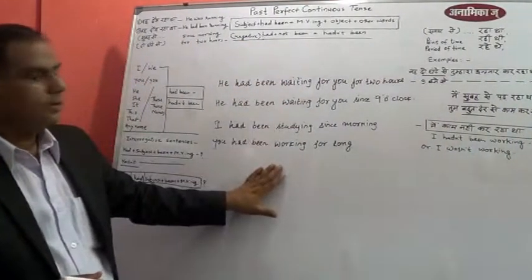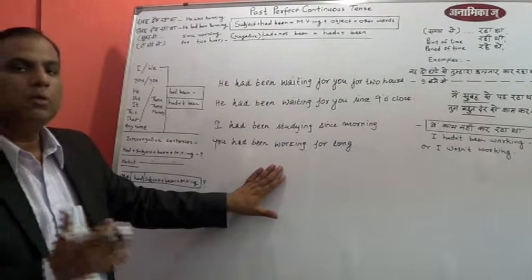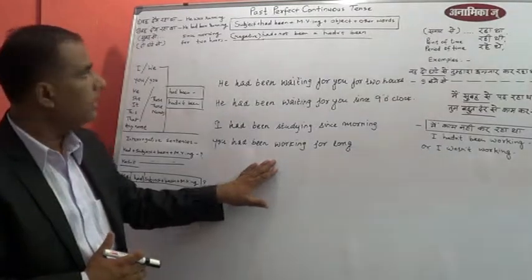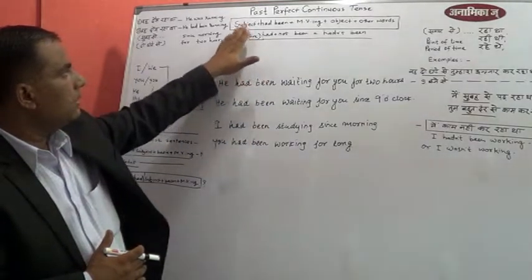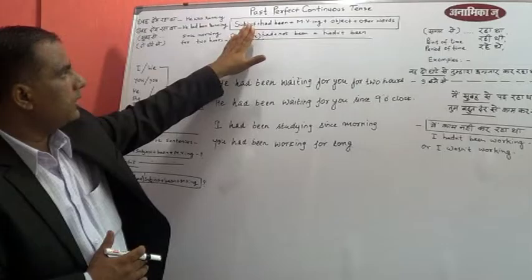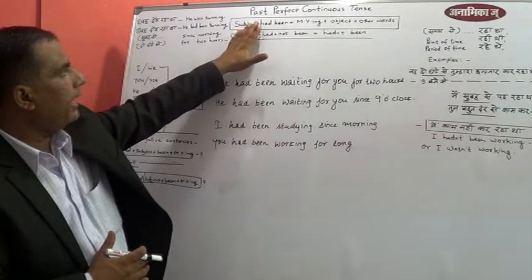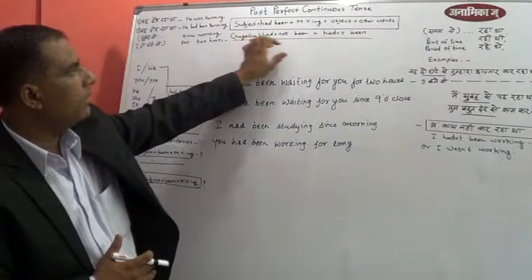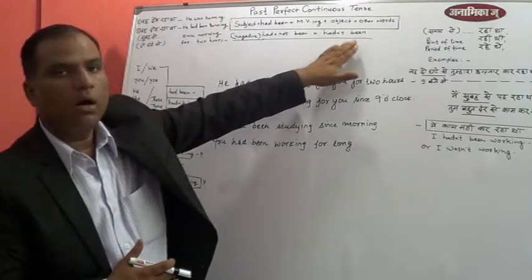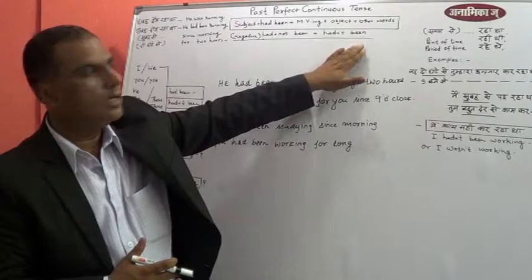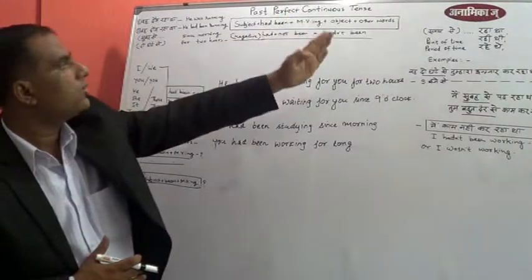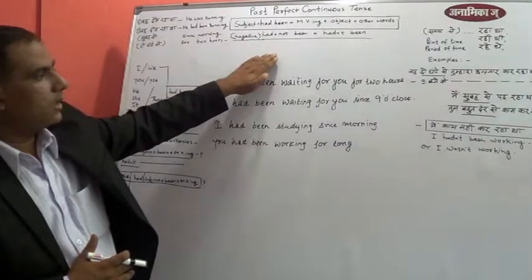So after positive, now let's learn how to make a negative sentence. It is not very difficult. यहाँ पे हमारे पास पॉजिटिव का स्ट्रक्चर है. सिर्फ had की जगह had प्लस not जो कंबाइन होके hadn't बन जाता है, और been वैसा का वैसा ही रहेगा. सिर्फ इतना ही बदलाव है. Otherwise, the rest of the structure remains the same.